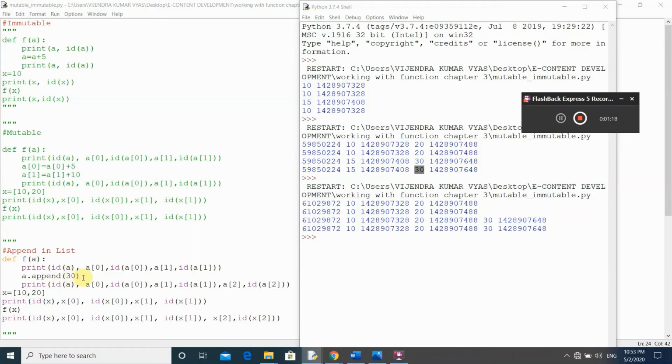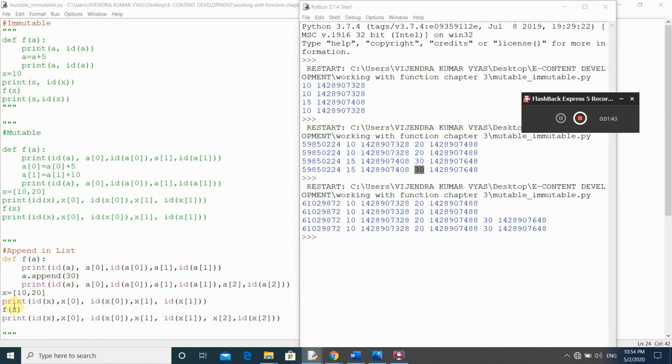After this statement I am trying to print these values. After this print statement, the control transfers to the last print statement, and through this print statement we are trying to print these values. So let us check the output of this program.